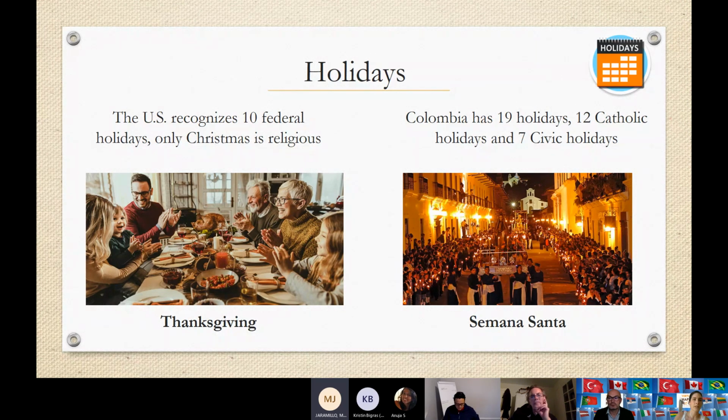And they're really emotional. So here in this picture, what I'm showing you is what we call a procession. This is when Christ is dead after he's crucified on the cross. His mom, the Virgin, is very, very sad. So she walks around the different towns or even the cities, and people just go there to support her. And you still see this in the countryside and in very traditional cities, and it's very touching. It's beautiful. Even if you are not that involved in religion, it's a spectacle to see. That I miss here.